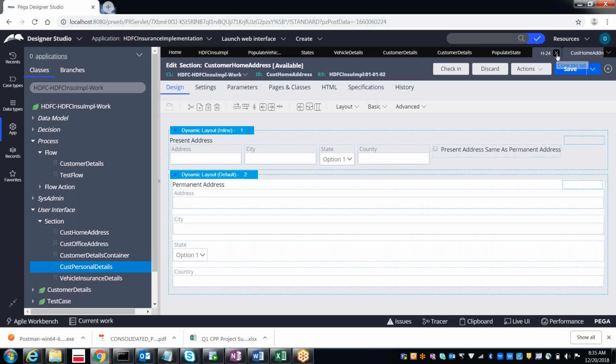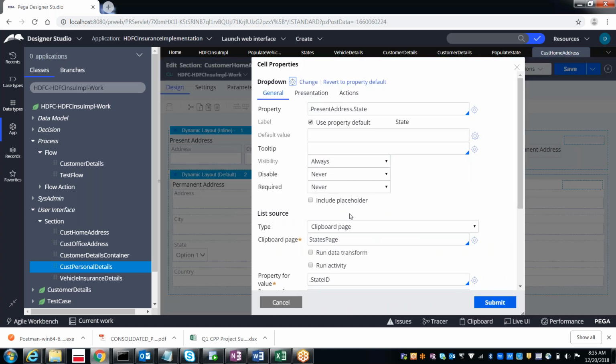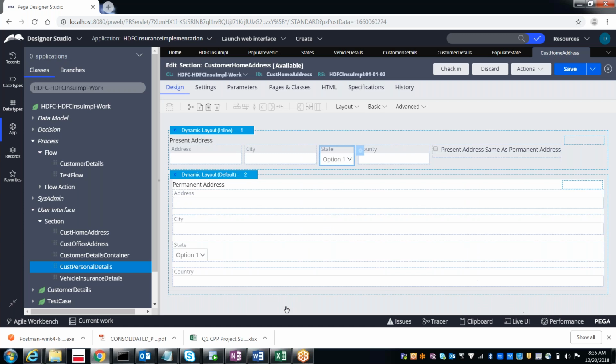Yeah, under the home address, we referred for the drop down. We applied clipboard. Okay, states page, and we are populating into the states page through the activity, right?